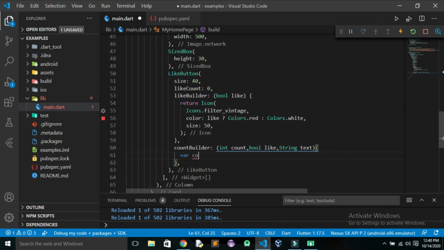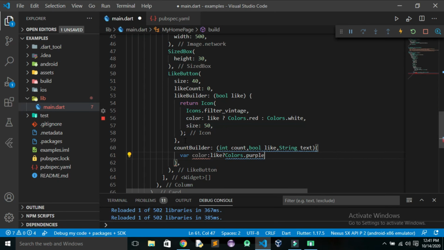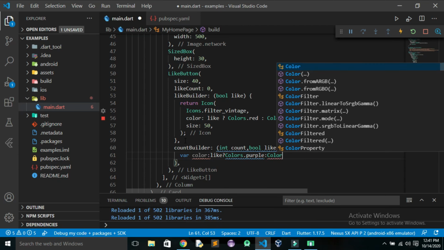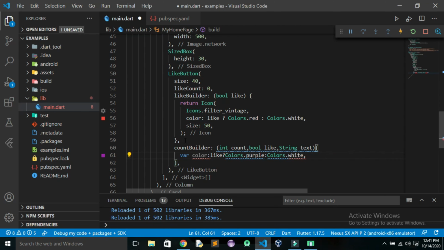So I'll take it as variable color, and I'll check if it is liked, and if it is liked, then the color will be colors dot purple. Otherwise I'll just keep it as colors dot white. Okay, so this is what I'm doing here.